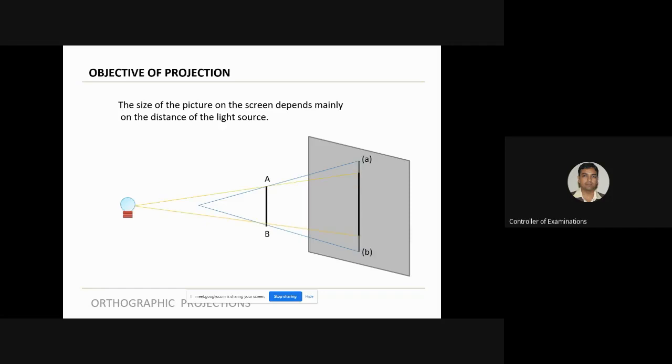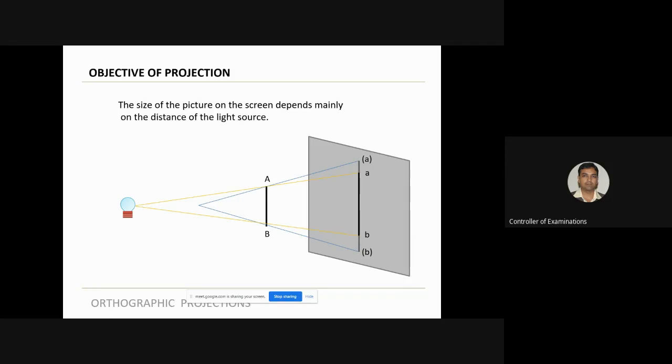If you take the light source away from the object, can you see a small change in the size of the image on the screen? Yes. That means as the distance between the light source and the object increases, the size of the image on the screen decreases. This is what we want.